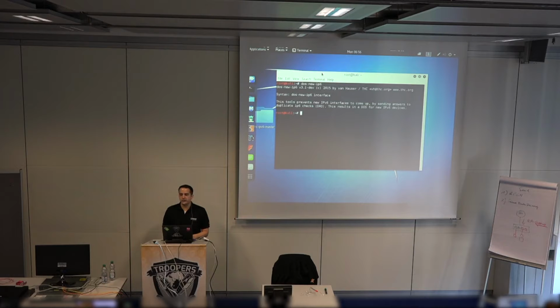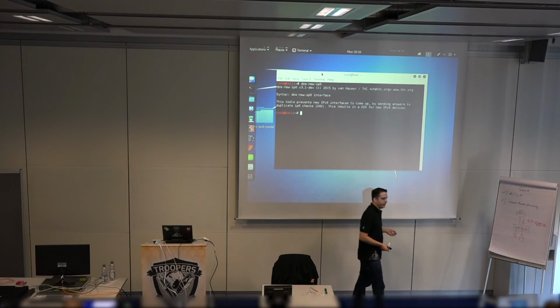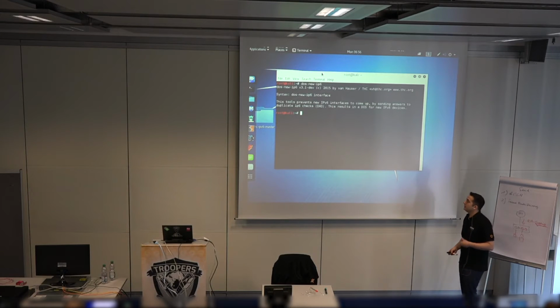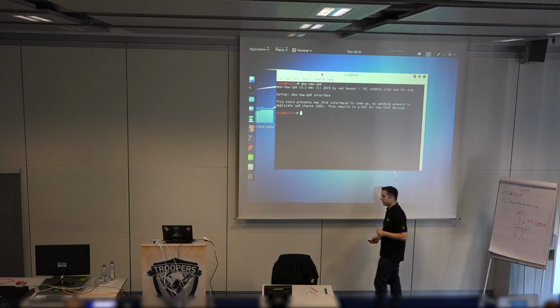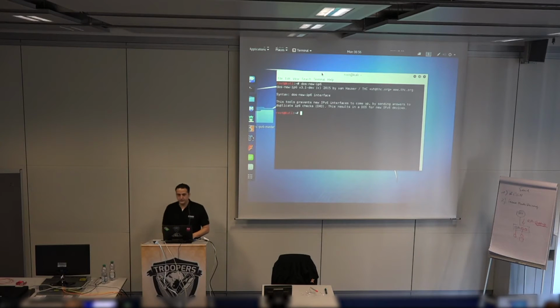This results in a DoS for new IPv6 devices. So for every device that already has a configured IPv6 address, it doesn't do anything. But every new device which tries to participate in the network will get DoSed, because the tool is just answering the DAD packets. And let me just double check whether the